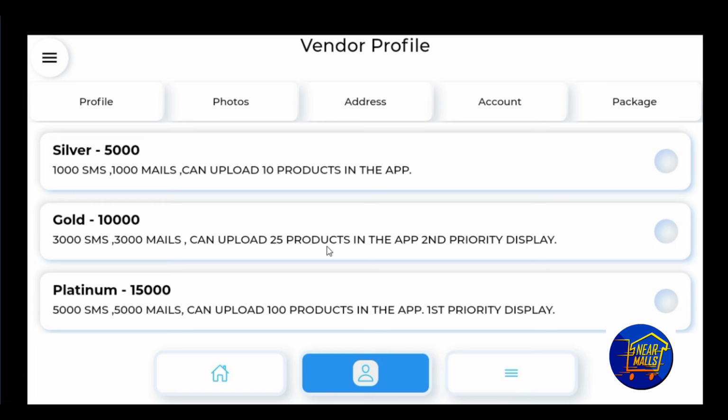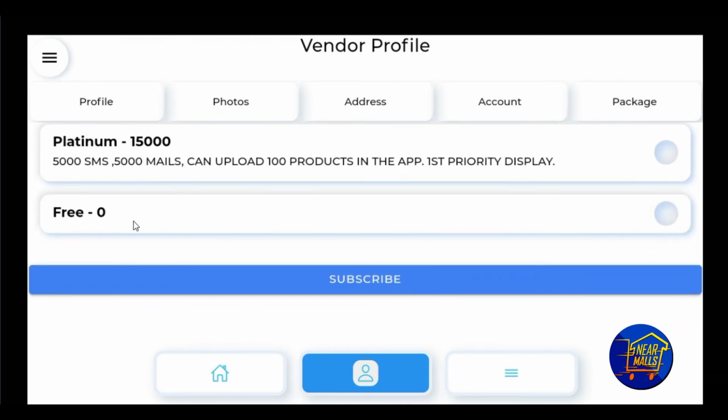If you use platinum, you will get first priority display, and you can upload 100 products in a single app. If you want, you can use it for free, but then you will not have any offers like SMS or mails or uploading products.